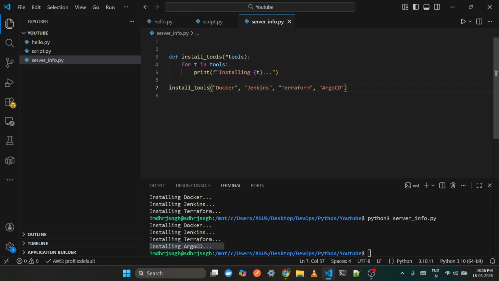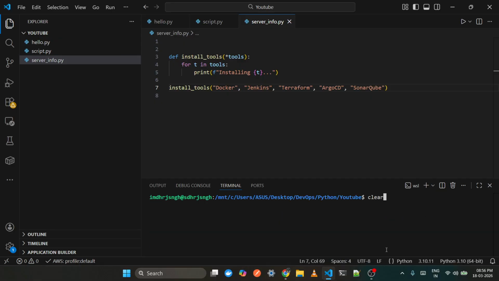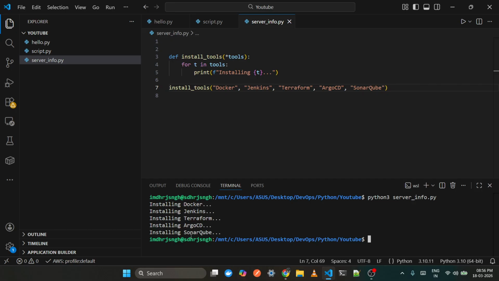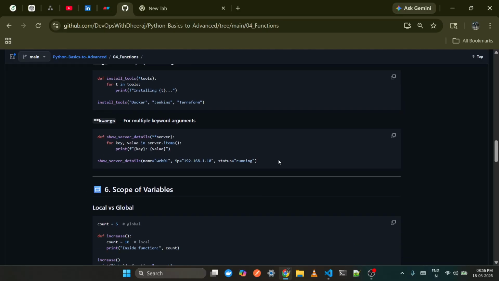Now I'm going to add something again, like SonarQube. It should print that as well: installing SonarQube. It means the number of arguments or parameters we are passing is not fixed. That's why it comes under the variable length argument. Here, tools means these all are tools. Just like that, we have multiple keyword